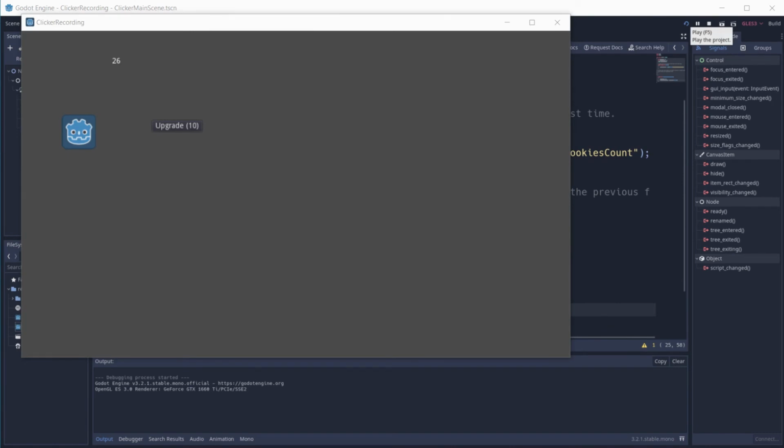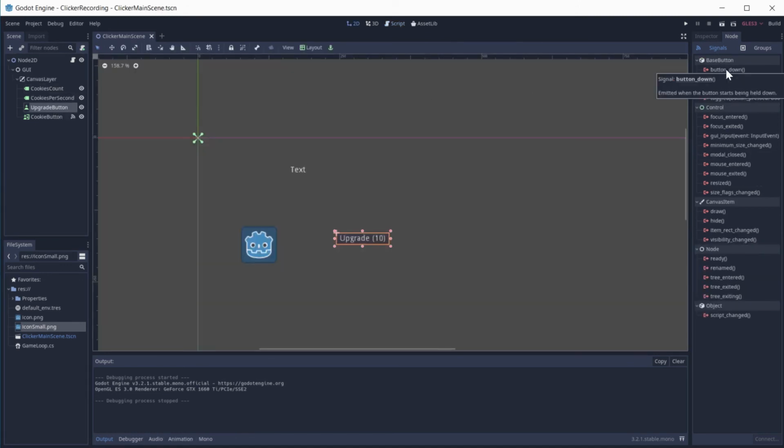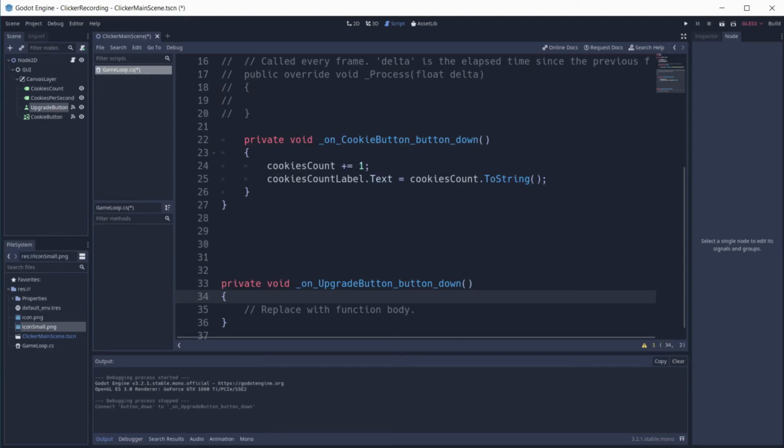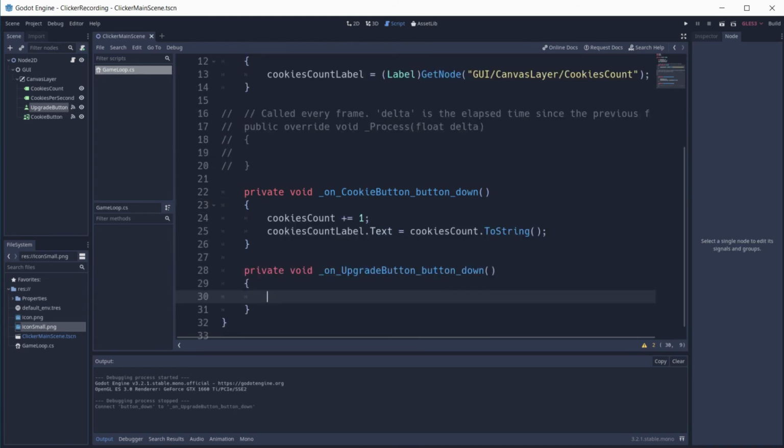Good. Now we want to create the system where we will be able to acquire the cookies over time by using upgrades. Add the button down signal to our game loop. Move this signal into the body of our game loop. So what we want to do now is to check, do you have enough cookies to upgrade, which is 10 cookies.